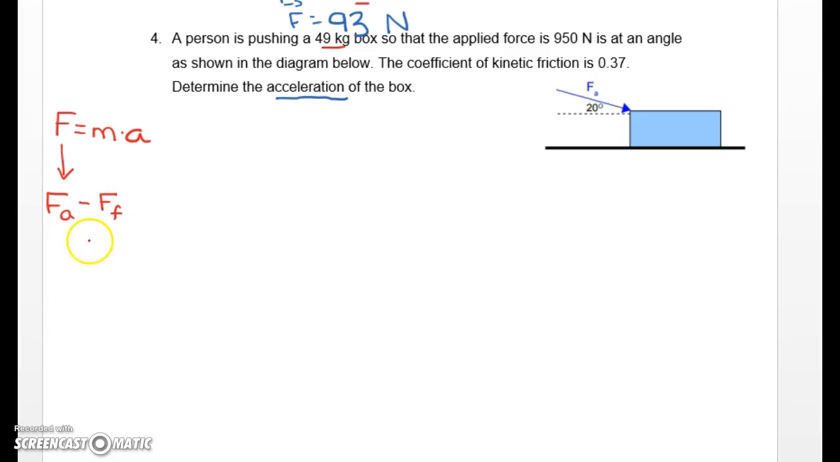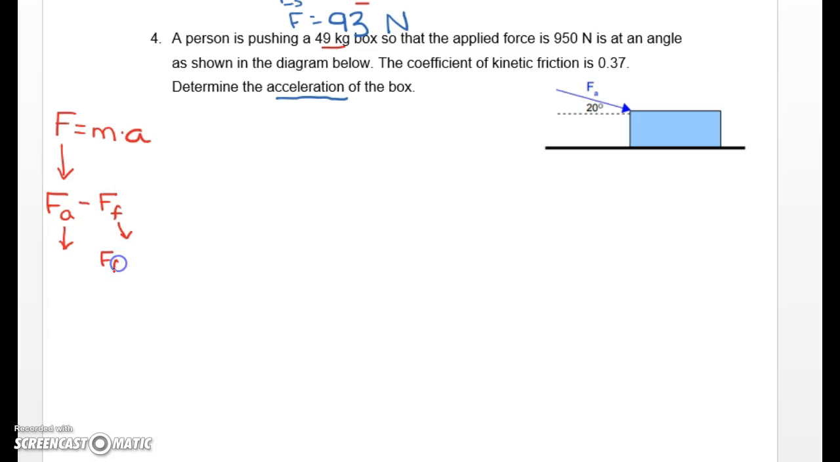So we are given an applied force, but this one here is at an angle. So what we have to figure out is, well, what is this forward force that is acting on the box? This one here in itself is going to be another step to find. We're also going to have to find our frictional force, which if you guys remember from the previous video, we have to know